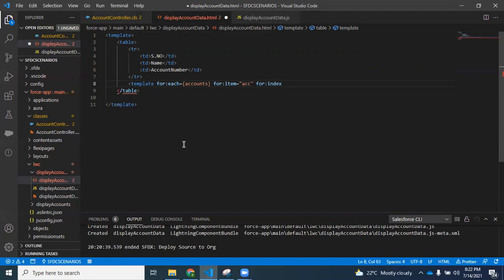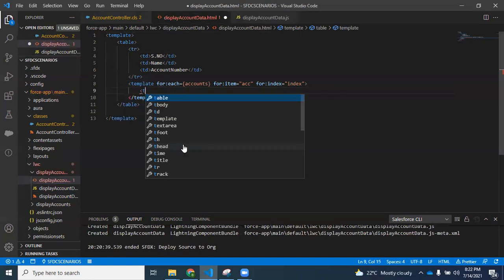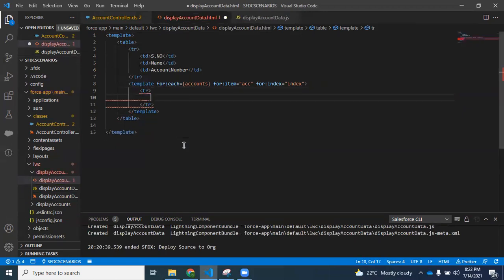Based on the index, we are going to get the selected record. This is the for loop and the TR. We need to pass the key here. If you don't pass the key, you will get an error. Let me pass the account ID here, and then TD.